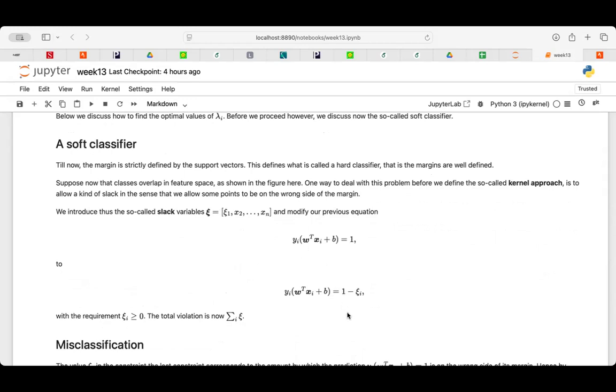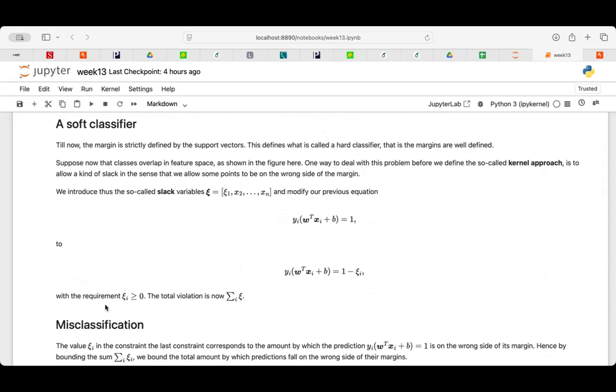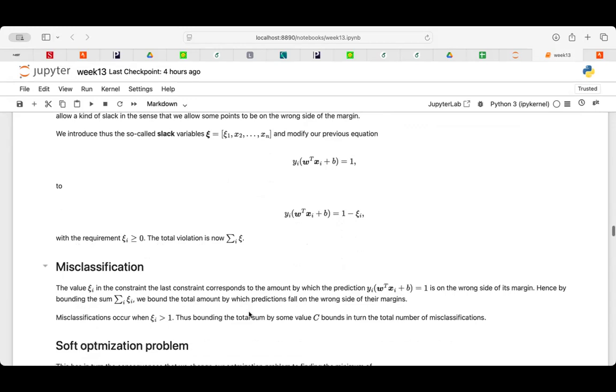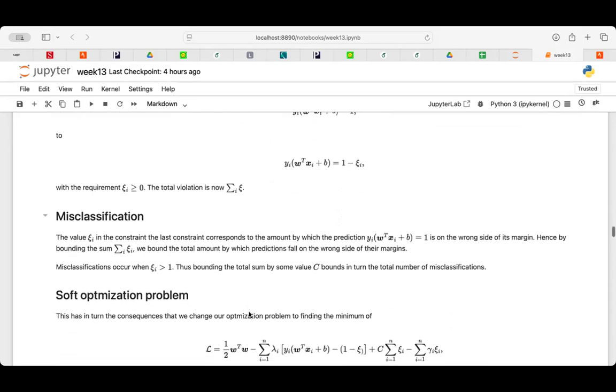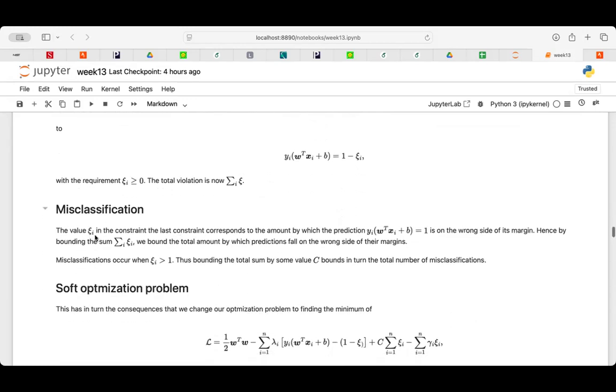So we have 1 minus this epsilon, with the requirement again that these epsilons are larger or equal to 0, and the total violation should not go to infinity. When we sum it up here, it has a maximum value which we can set. So in this specific case, this value in the constraint in the last equation